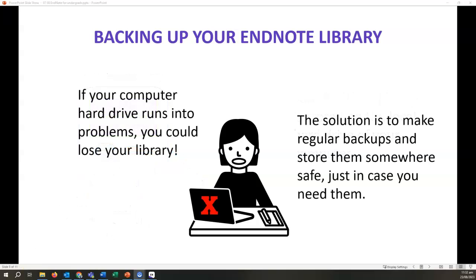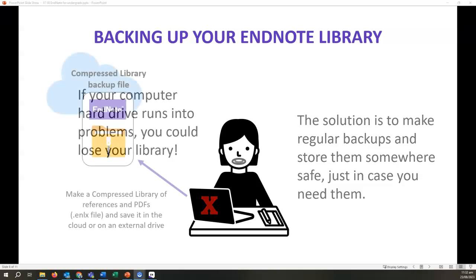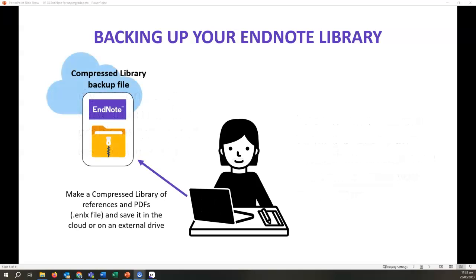However, having your EndNote library on the local hard drive of your device does mean that if your hard drive dies, you could lose your whole library. The solution is to make regular backups and store them somewhere safe, just in case you need them. There are two ways to back up your library, and I'll cover the simplest way first, creating a compressed library